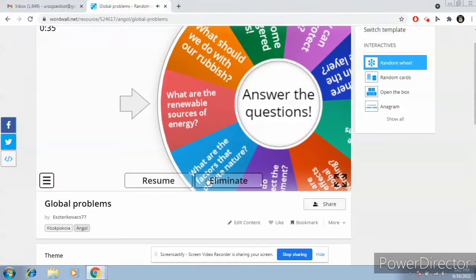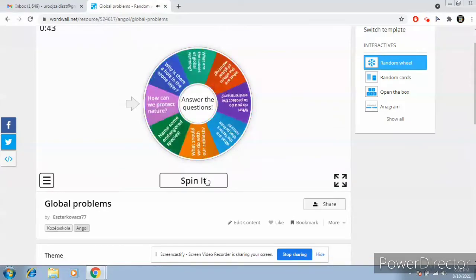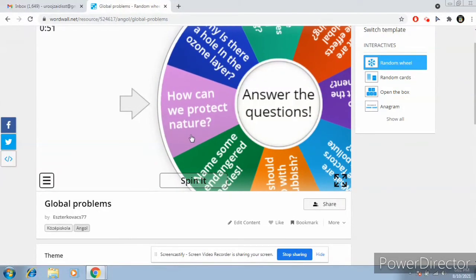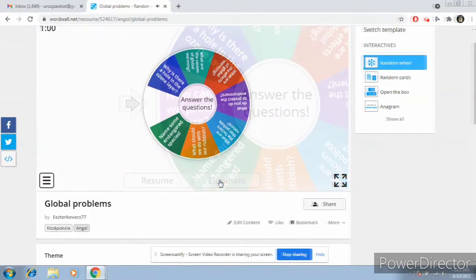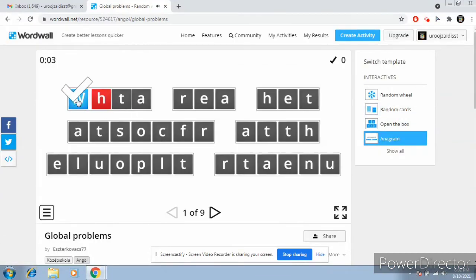So one more amazing thing about it is that you can change the template of all these questions, and you can represent this same activity in another way. Now I'm going to change the template of the same activity, and I'm going to convert it into an anagram.